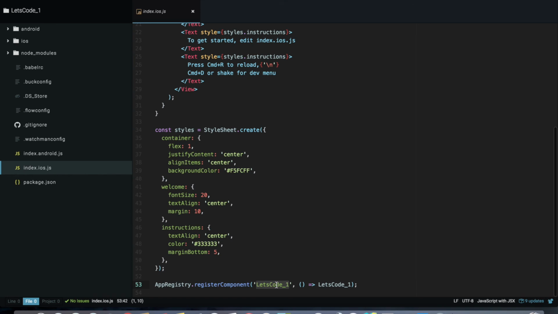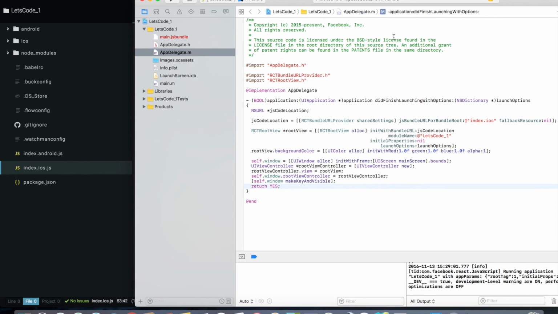You do not need this line for any other files. You only need it for the entry point of your application, which in our case is index.ios.js and index.android.js. This name, letscode_1, must match whatever name you specified in your native project,